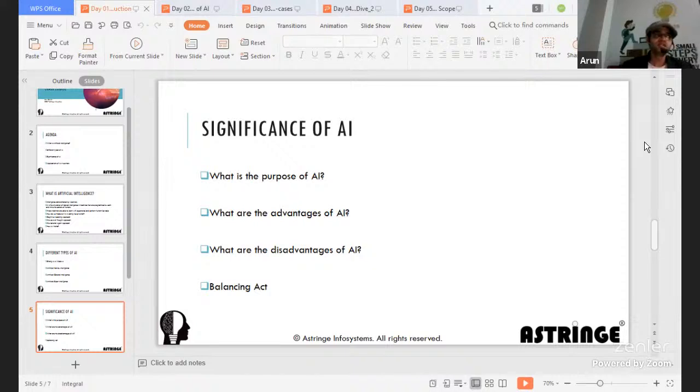So rather than allowing your competitors to take advantage, why don't you take it? That is where the advantage of AI comes into the picture. You take all your data points, not just from within your business, but also from across, probably social media or from your Google Trends or any other places. Take those into consideration and then formulate a proper business approach, right?